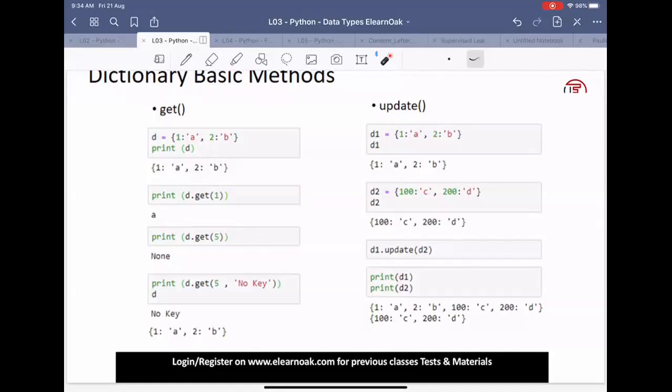No, no. So far, we don't have the right answer. Okay, I'll repeat the question. To access the element A here, that is for the key 1, the value A, we are using the get function. So d.get(1) gives us this. Is there any other way where we can access this value?